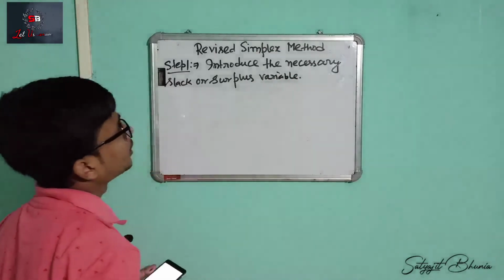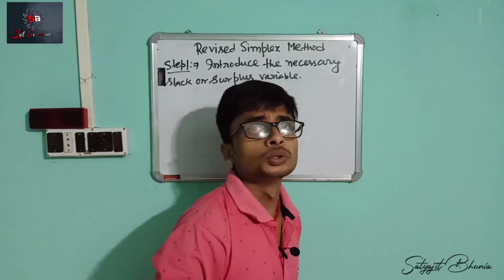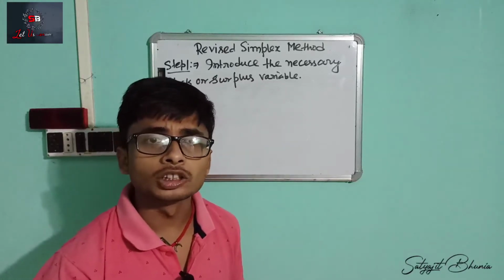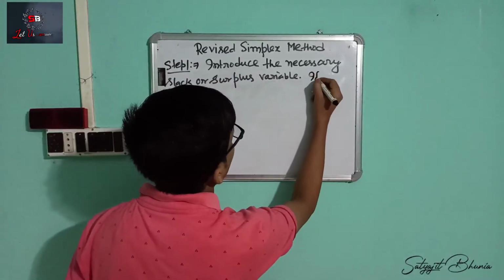We have to first introduce the necessary slack and surplus variables to convert the inequality constraints into equality constraints. And if the problem